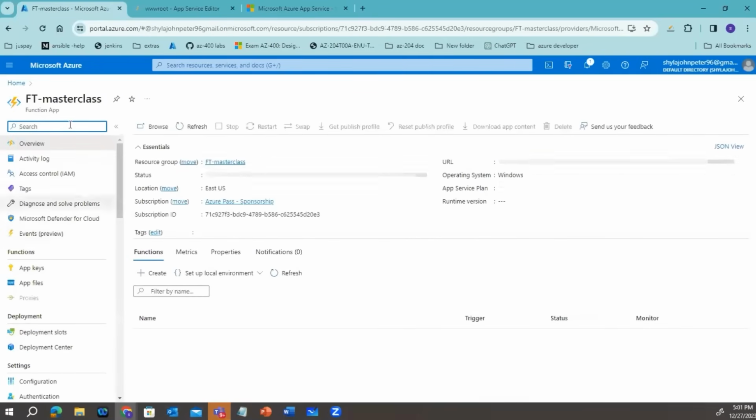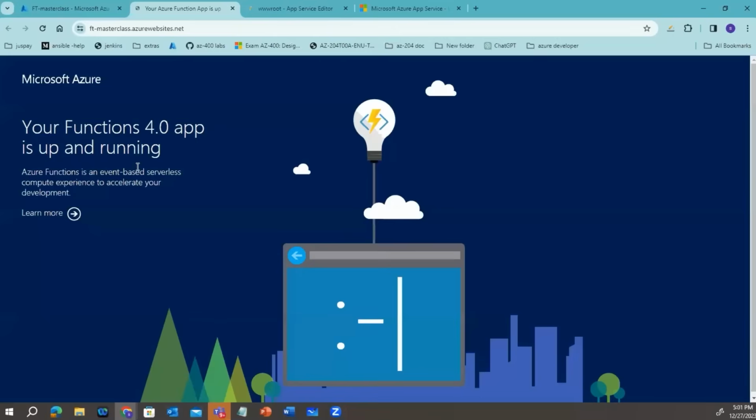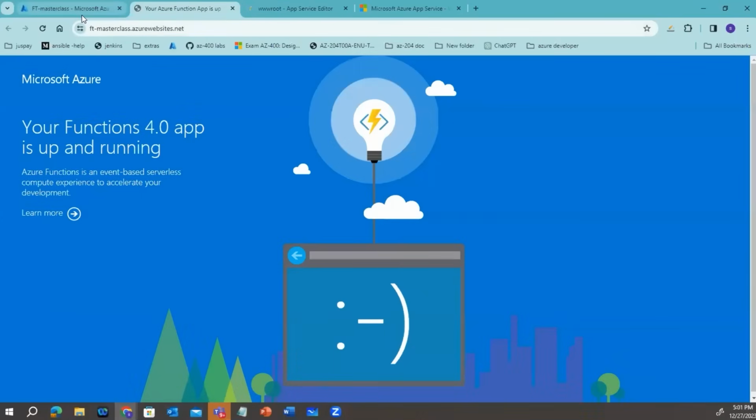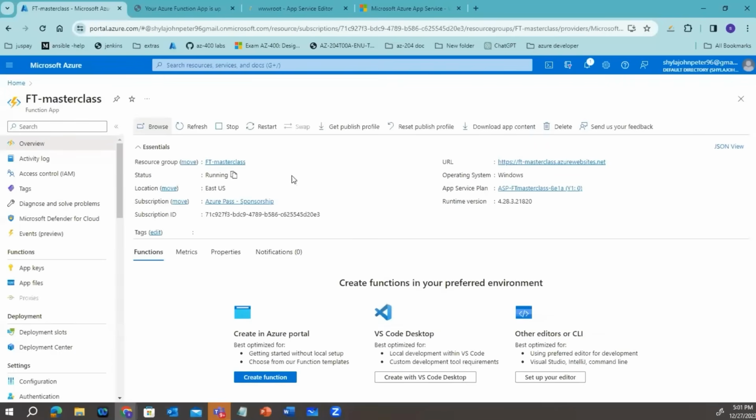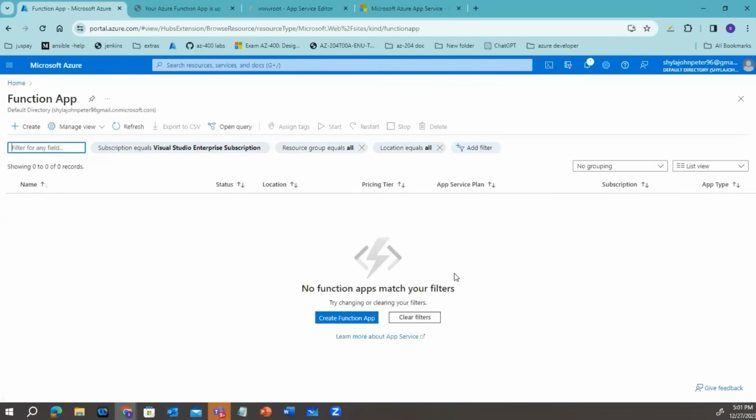Okay, great. So this is a function app. If you just browse it, you'll have the default function app page running, which denotes that the function app is successfully running. And to work with a function app, there are different ways.